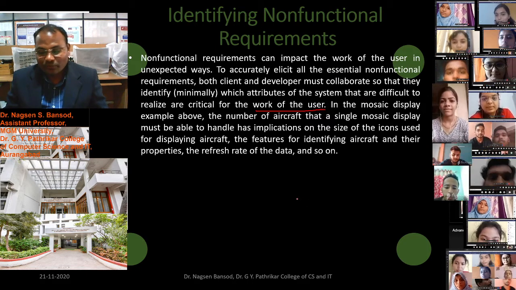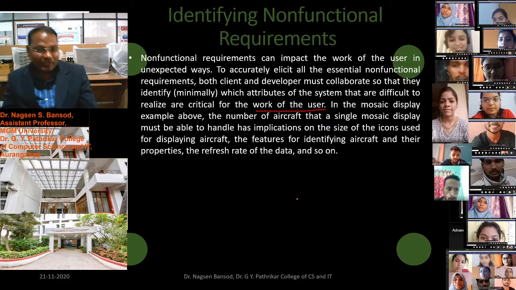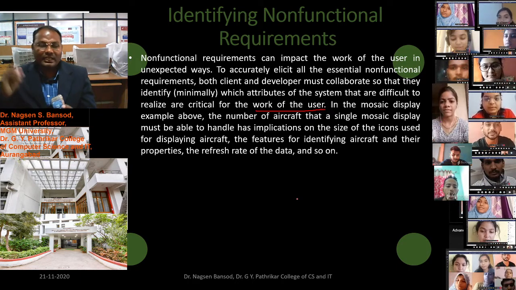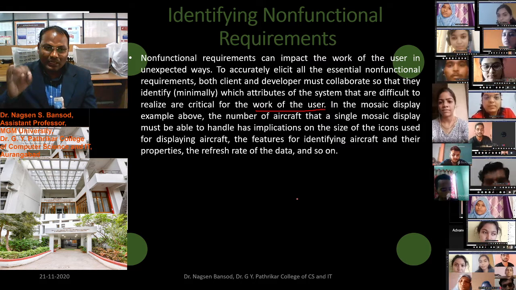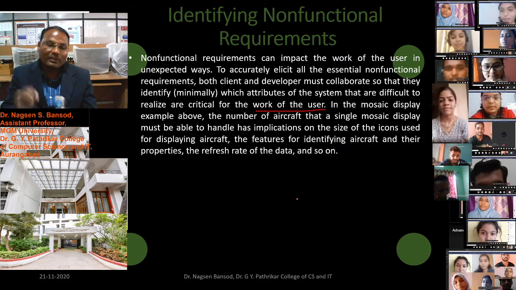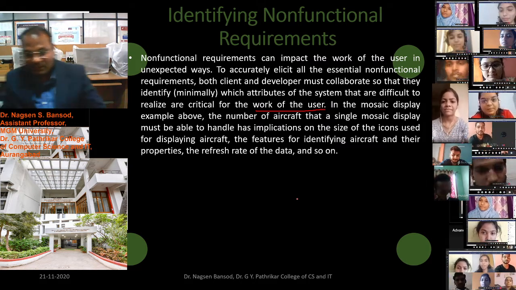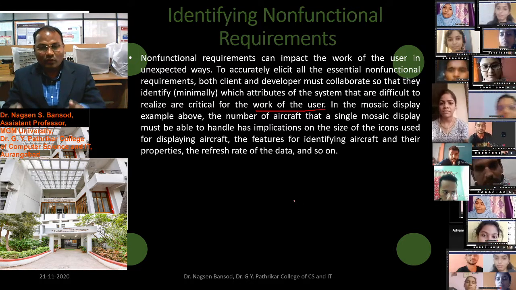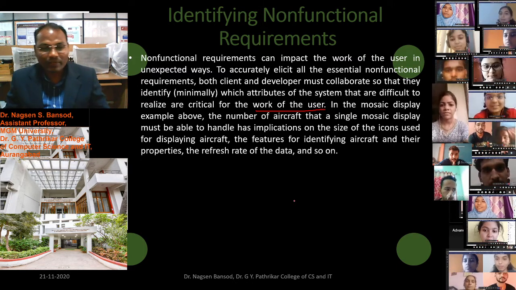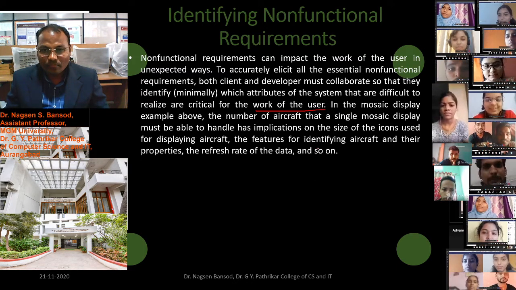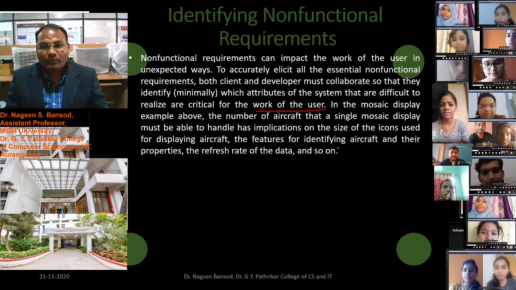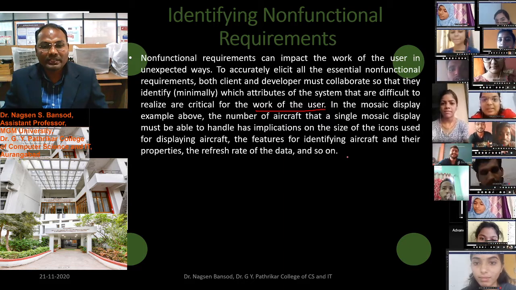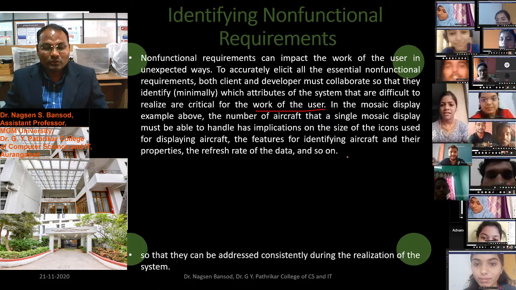We know if we start a map on our mobile phone with the internet off, then we are not able to view the labels. We can get the map but not the labels. Similarly, the label names on the map are the non-functional requirement in the map. The features of identifying aircraft and their properties, the refresh rate of the data, and so on are the non-functional